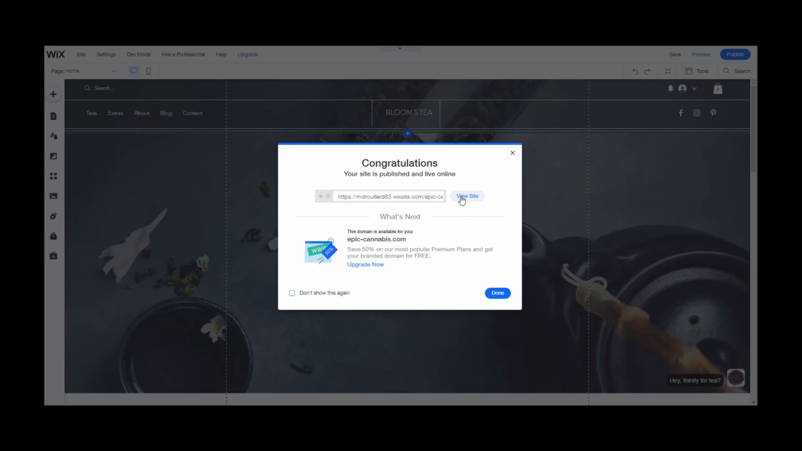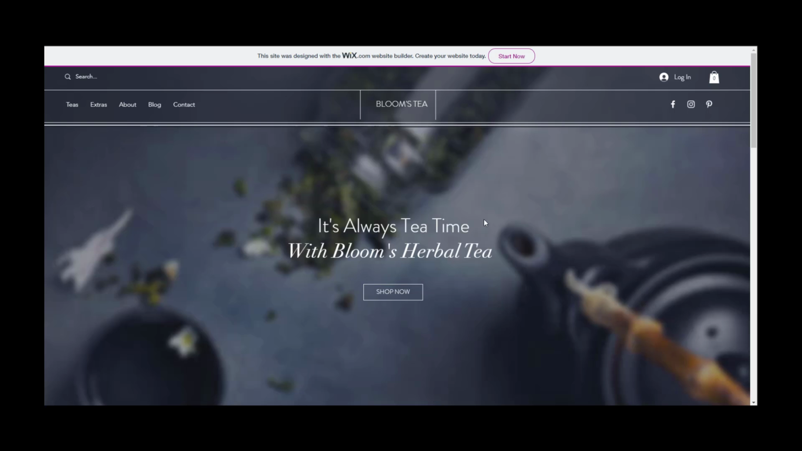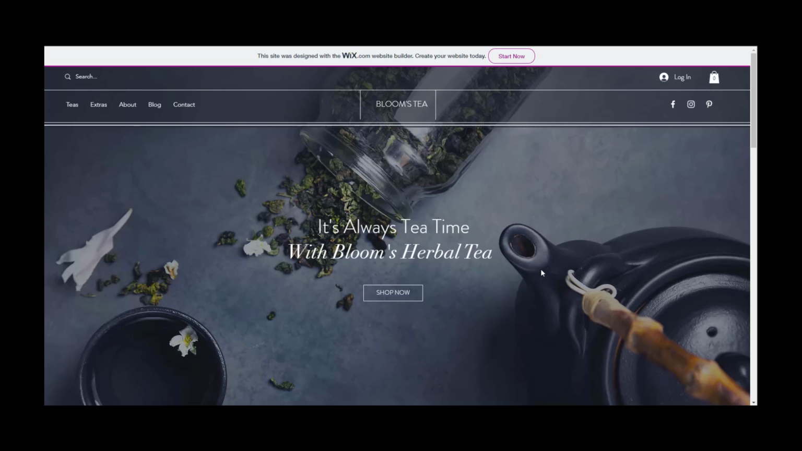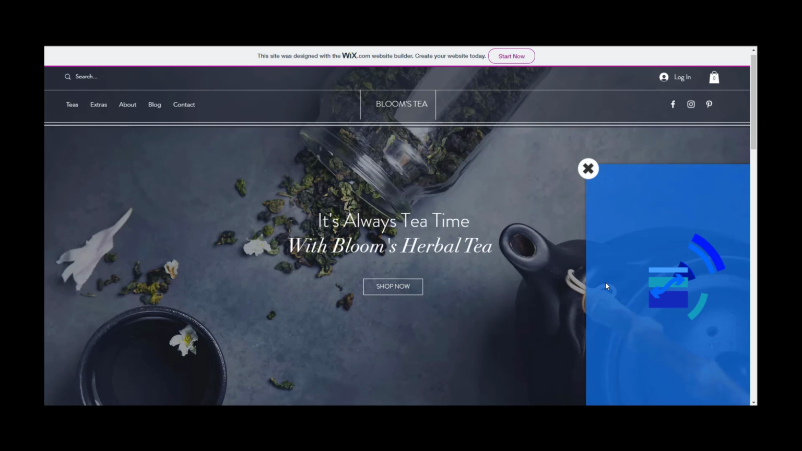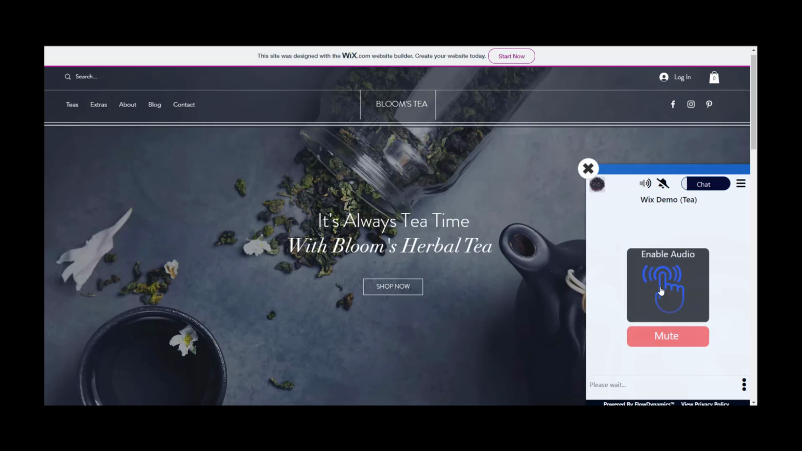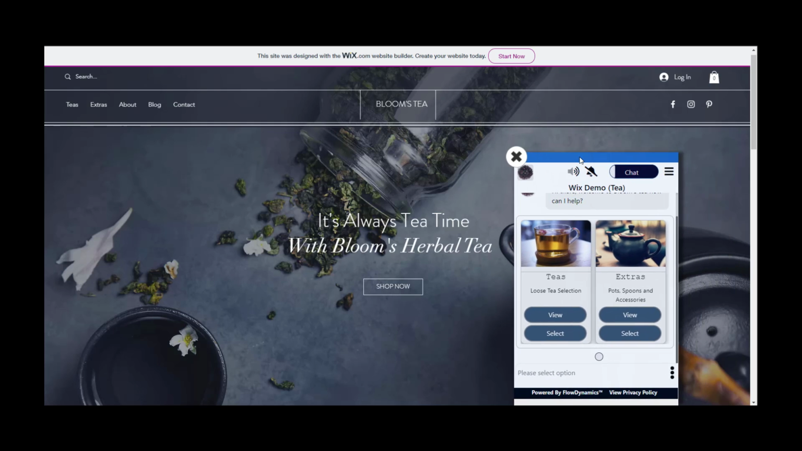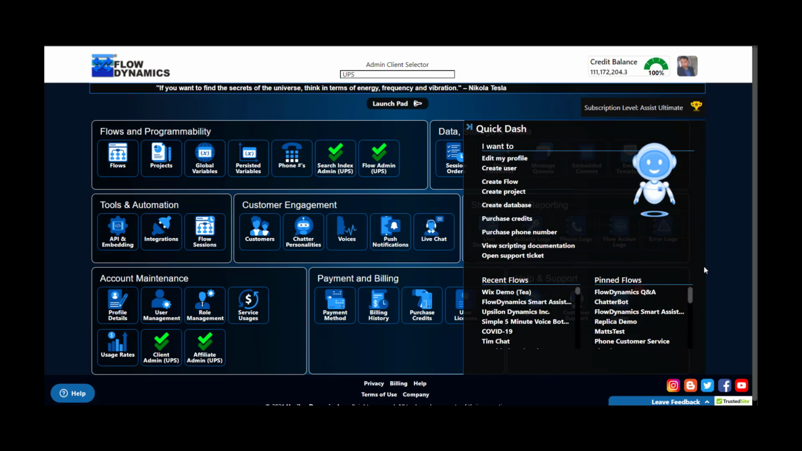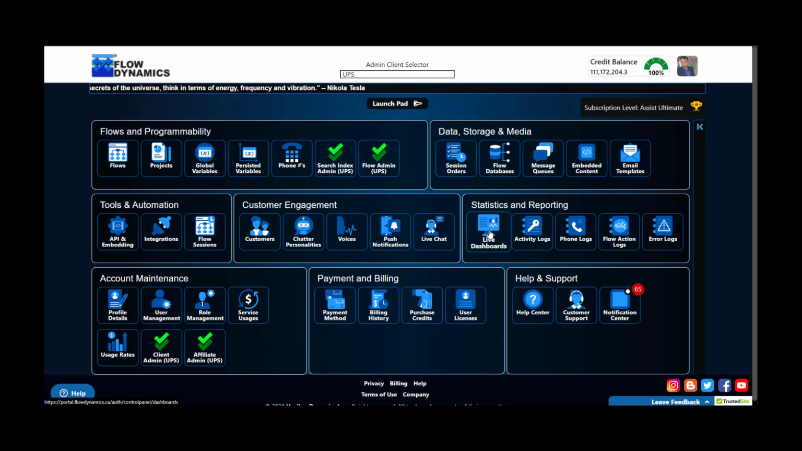So we're going to hit view site now, and that's going to open up the site we just published. And as you can see, the chat widget should be at the bottom right. And we tap on the chat widget just a little bit here. Hi there, welcome to Bloom's Tea. How can I help? The one final thing that you have to make sure you do is enable specific domains